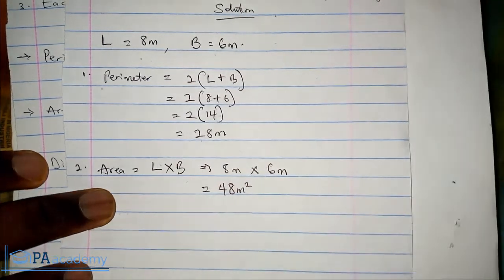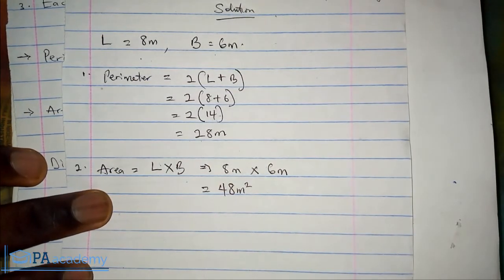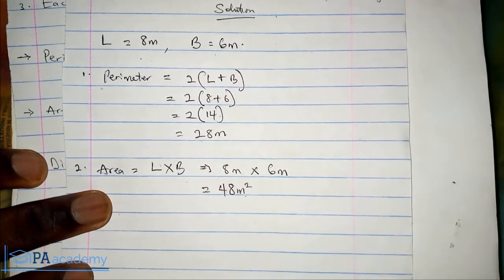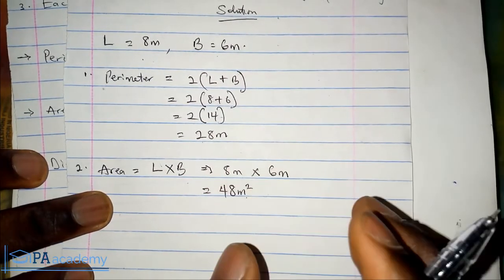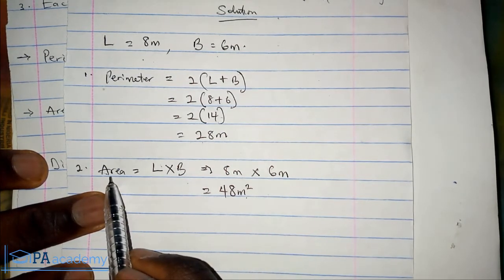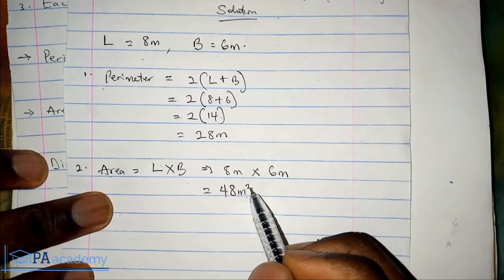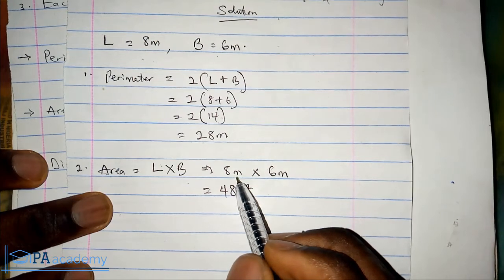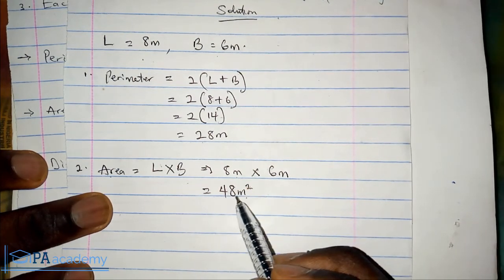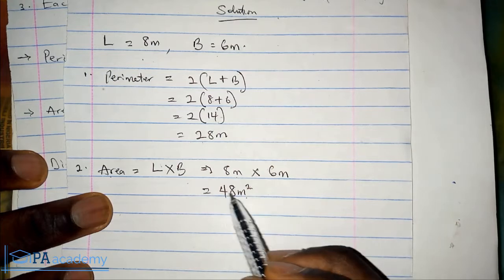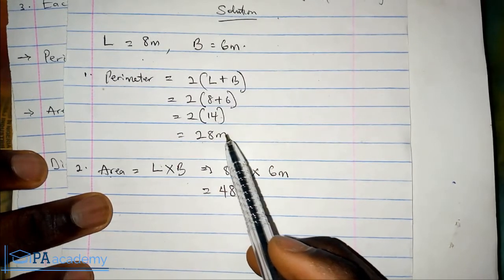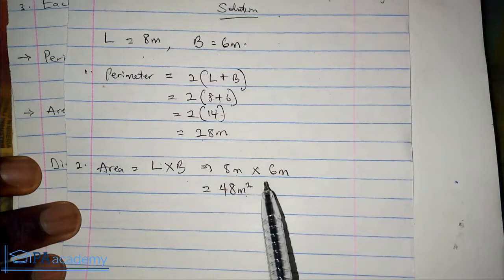Once you are doing shapes or rectangles, always remember your units. If you leave your answer just as 48, you are wrong. Without the units, your answer is wrong. So make sure your unit is there. If you are looking at the area, the unit of area is always in square. So assuming we have this in centimeter, we are going to have 48 centimeter square. So always pay attention to the unit. The area is always in square, while the perimeter is just the unit itself, not in square. So that is it on how to get the area.